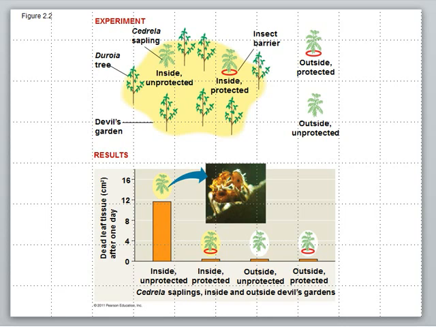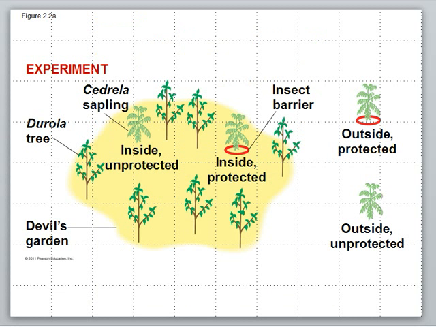They planted some of the saplings unprotected, and then they also planted some of the saplings with an insect barrier around the trunk to keep any insects basically off of the sapling. And then, to further their controls, outside of the Devil's Garden circle, they also planted these cedrelas. Again, one set of them had the protection, the insect protection, and then one set did not. And then they left that for a certain amount of time. So here we go. We have the intended species, or the found species, the Doroya trees, and they planted the cedrelas both within and outside of the Devil's Garden. Some of them protected from insects, some of them not.